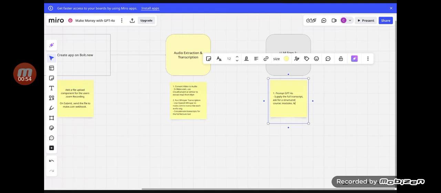Modules, lesson summaries, and we could maybe even do this with o1 since it has a bit more reasoning. Key topics and quiz questions. Let's give an example prompt. We could write,